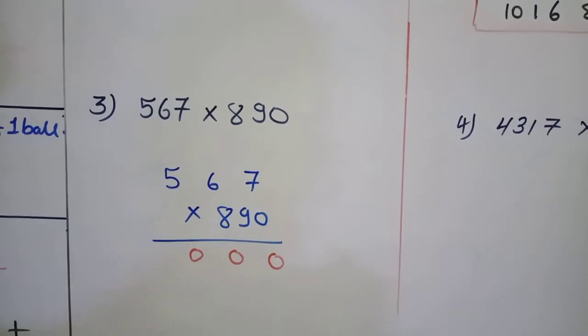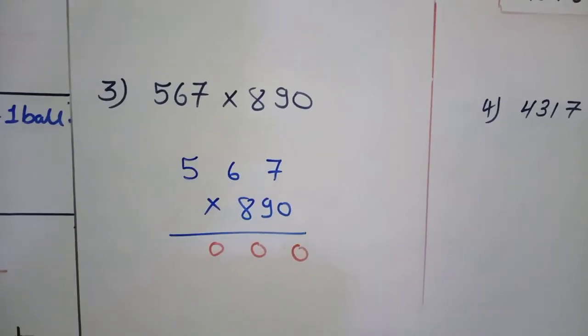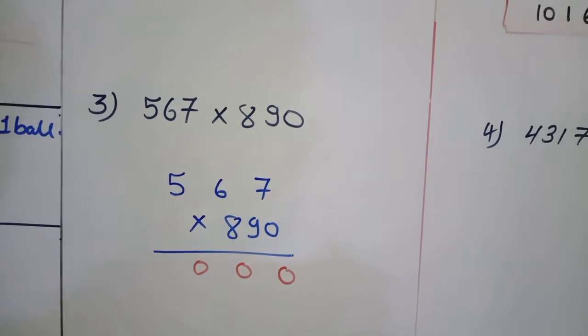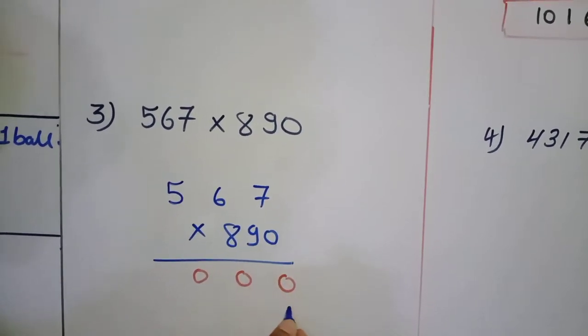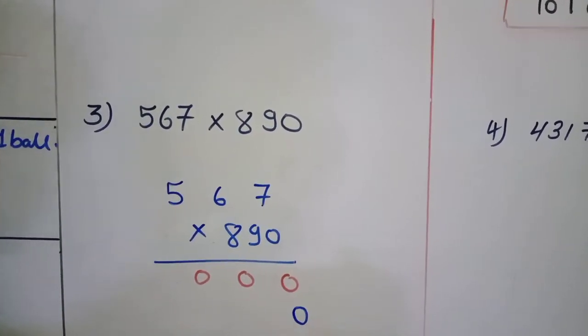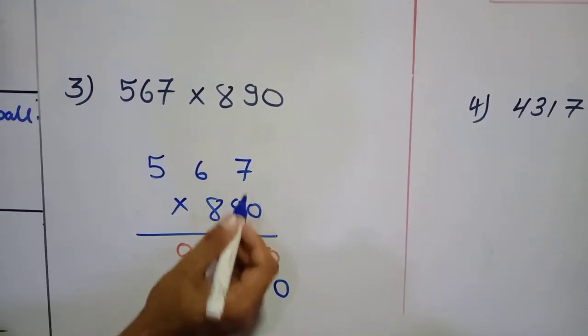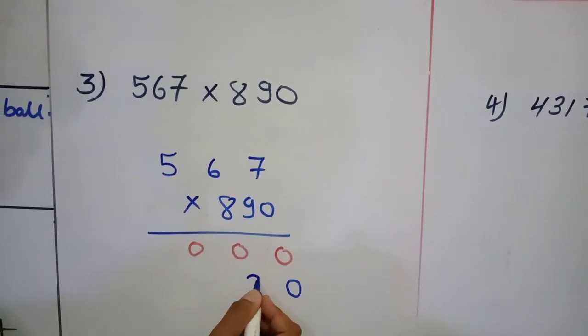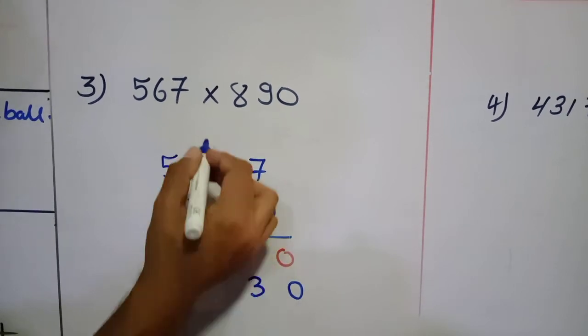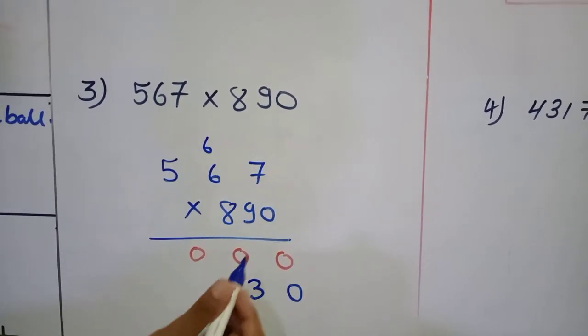This way we can write 0 everywhere. Now we have to start multiplication with the tens digit. So first, at the place of unit in the next line, we have to put 0. Now 9 7s are 63. 3 will be here and 6 will carry.